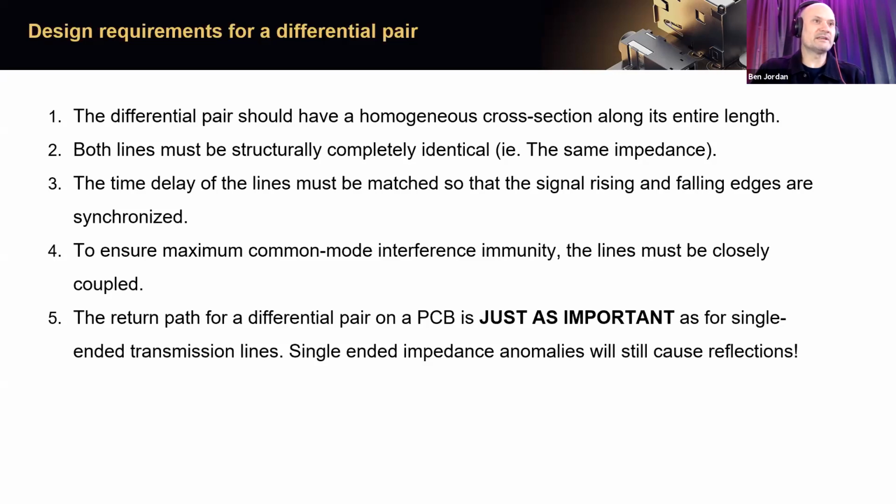So single-ended impedance anomalies will still cause reflections and problems and cause skew in your signal timing, because it's not just the true or the complement trace that gives rise to the amount of time it takes a signal to get down there. It's also the plane return path that has an effect on signal distortion and how long it takes the edge to travel